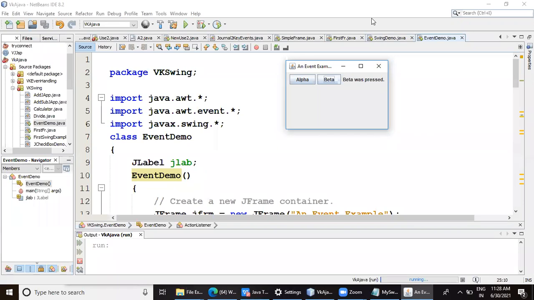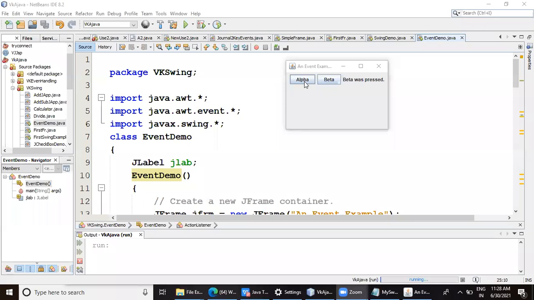Yes, reply through chat, quick. Action event, very good. So we would implement action listener, and then in the action listener, we would override one method. Which is that method? Action perform, very good. So we should override the action perform method.